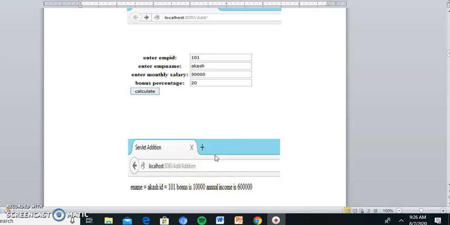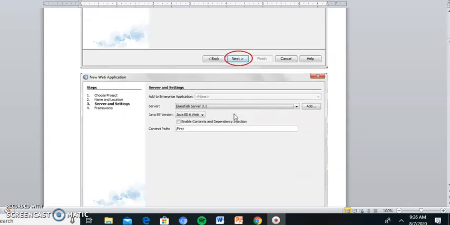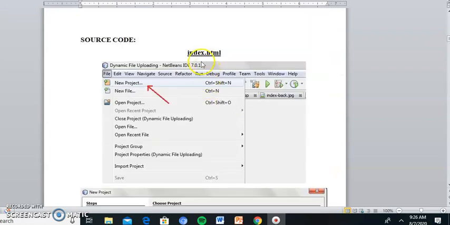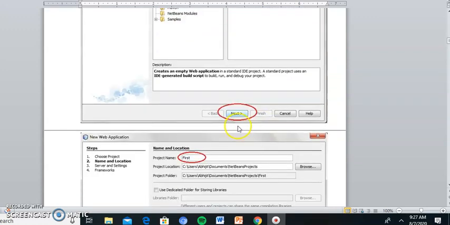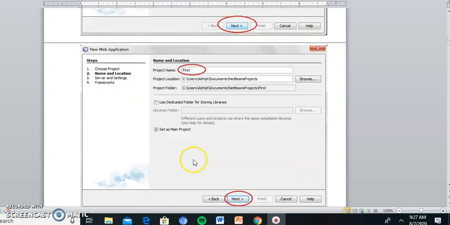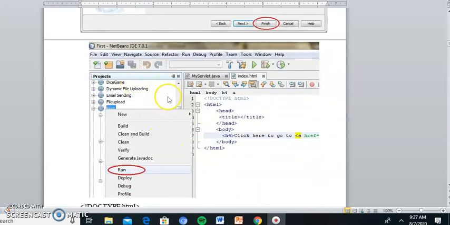Okay, we will see now how to create it in NetBeans. First, how to make the design page, step by step. So first, how to make this index.html. In NetBeans, you go to the option File, New Project. Then click on Java Web and then Web Application. Then click on Next. Then enter the project name you want to create, and then click on Next and then Finish. Then you will get a screen like this. The name you gave for the project will come here first, and you will get a screen index.html like this.